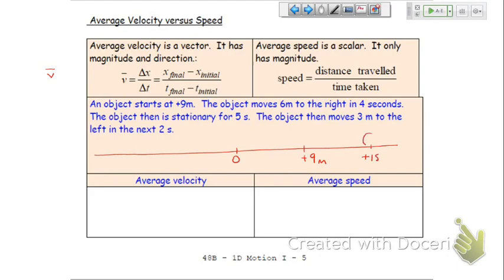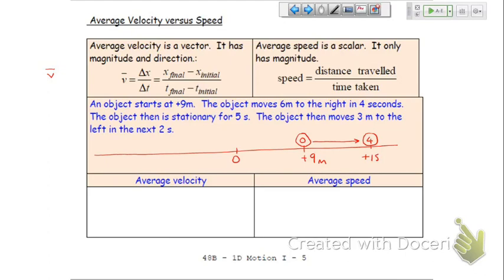And now my clock is saying something different from what it started. I have some choices here. The most obvious thing to do is to say that was 0 and this is 4, because it took 4 seconds to get there. But if you wanted to, you could put down this is 2 and that's 6, or this is 7 and that's 11. As long as there's a 4 second difference, that's all that counts. And I put an arrow in to show this is what